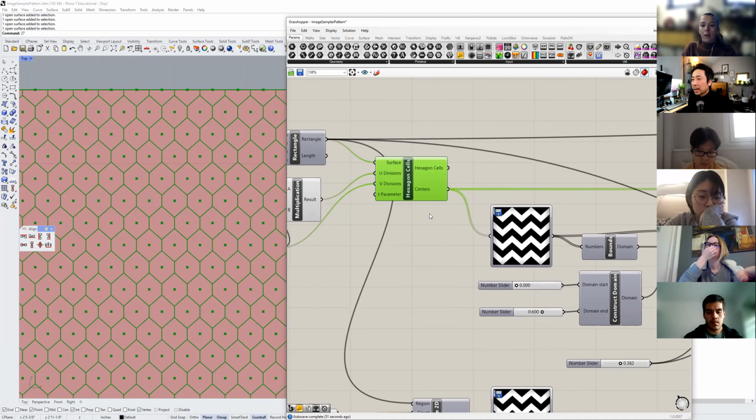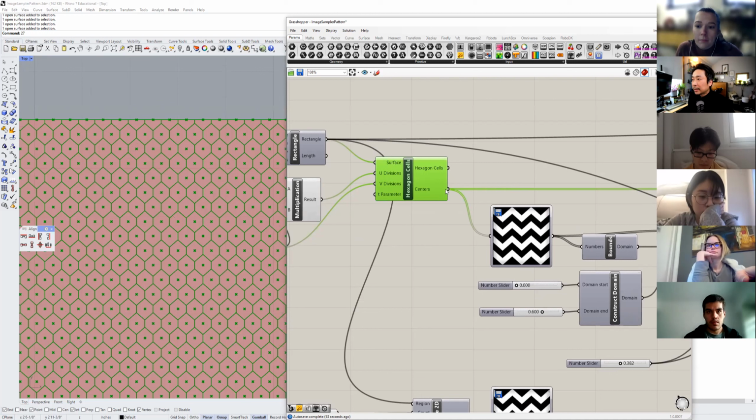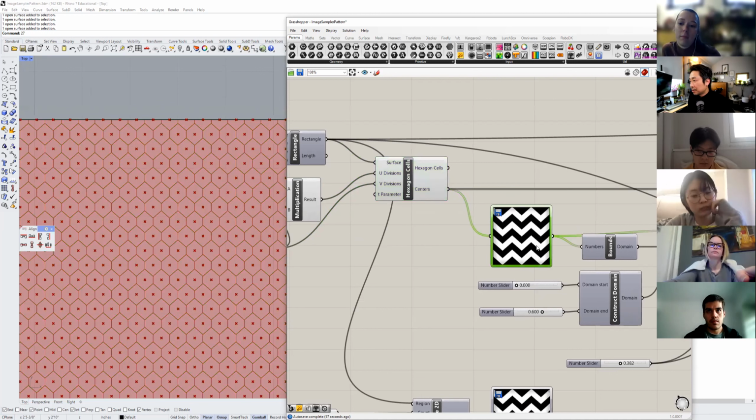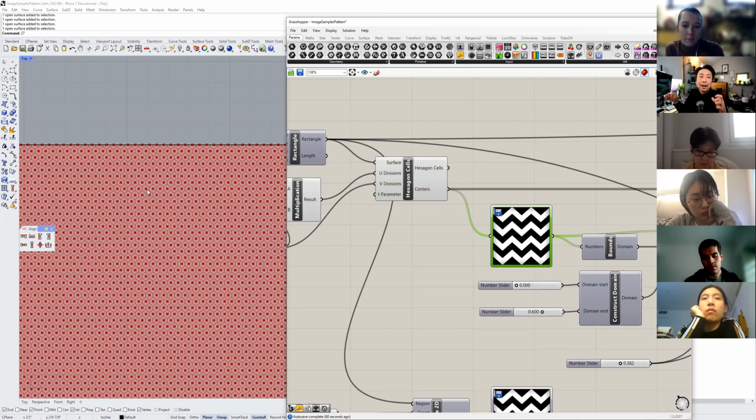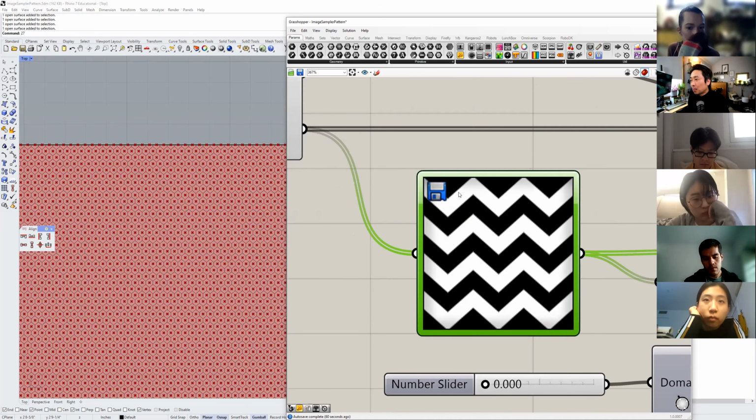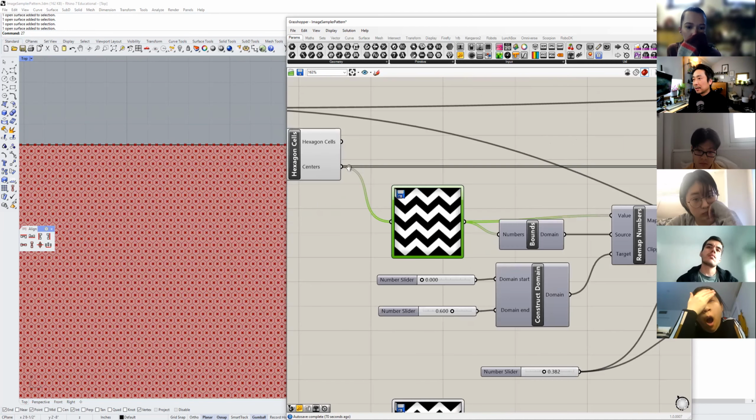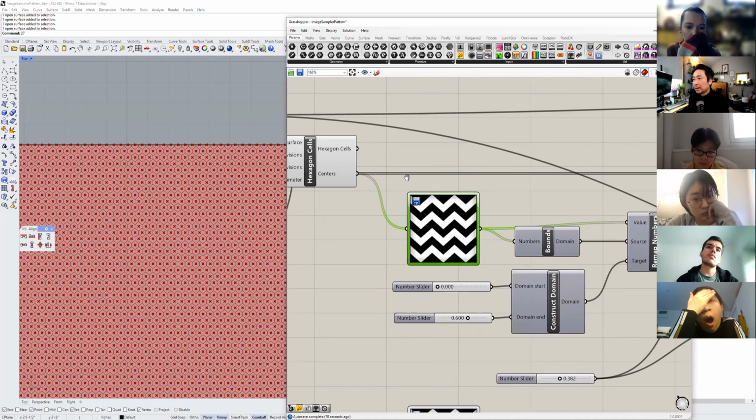So these densely packed hexagons are feeding the points to this pattern. And what that means is this set of points will be filtered. The ones that are passing through the white value will disappear, and the ones in the black value will be kept. So when you move over to here,